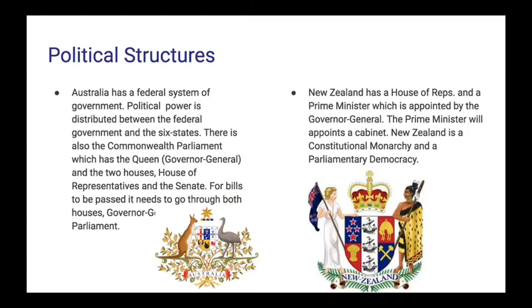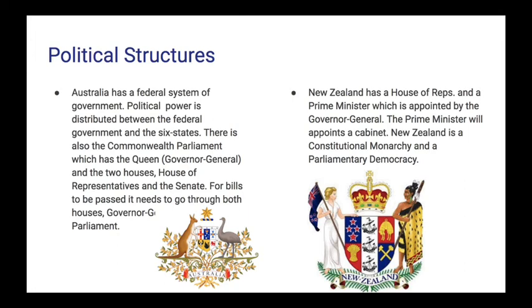For political structures, Australia has a federal system of government. Political power is distributed between the federal government and the 6 states. There is also the Commonwealth Parliament, which has the Queen, Governor General, and the 2 houses, the House of Representatives and the Senate. For bills to be passed, they need to go through both houses,